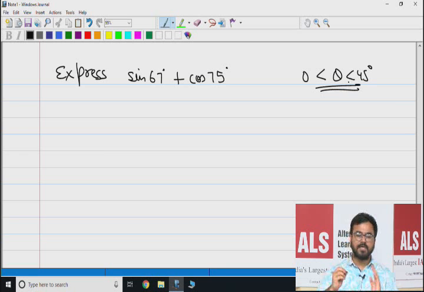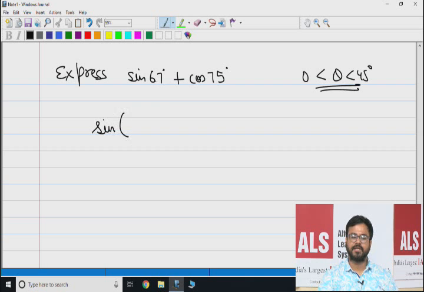We have to express these trigonometric ratios in terms of trigonometric ratios in which theta varies from 0 to 45 degree. So directly we can use the law of complementary angle here. For sine 67, to convert this theta to between 0 and 45, this 67 can be written as 90 minus 23, because 90 minus 23 is 67, and for cos of 75, this 75 can be written as